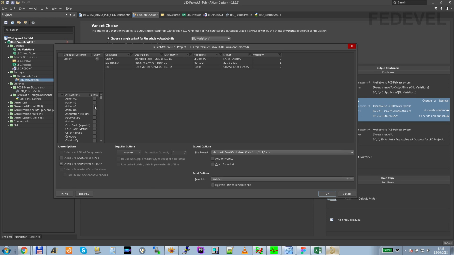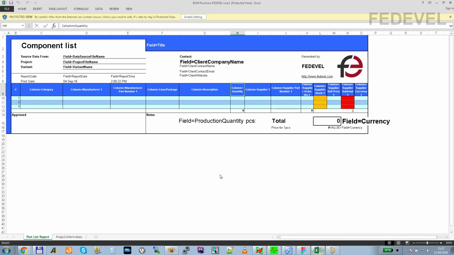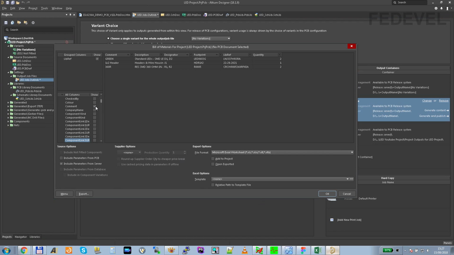Then in this part of the window, we can enable and disable these columns which are here. Everything we need to do is go through all these items. I will use page down, and I think we don't use comment. If you open our template, here are all the columns which we need, and there is no comment. So I'm going to disable the comment.